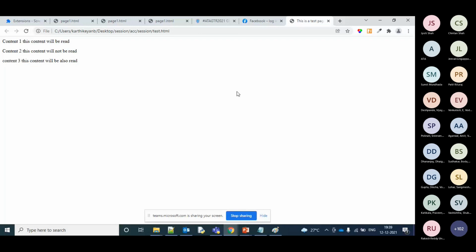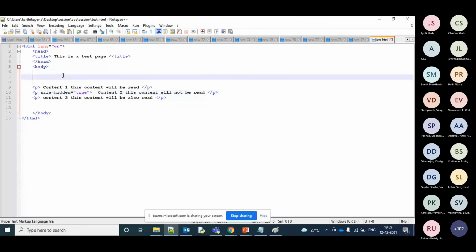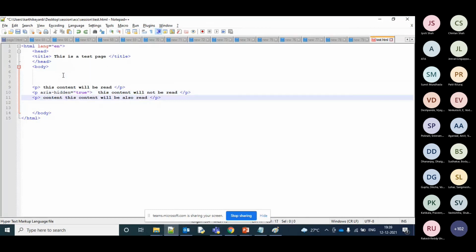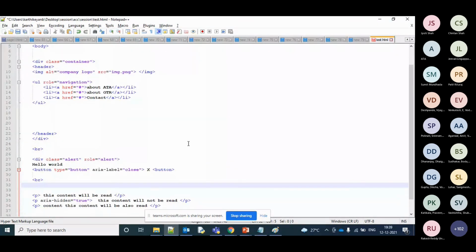Any questions on this, like why are we doing this? And if anyone would like to take up this code as a sample example, let me know. Any questions on this? I thought we'd code it together, but I just made the code and showed it to you like a demo. So what is the significance of this ARIA hidden equal to true? This won't be read by the screen reader.